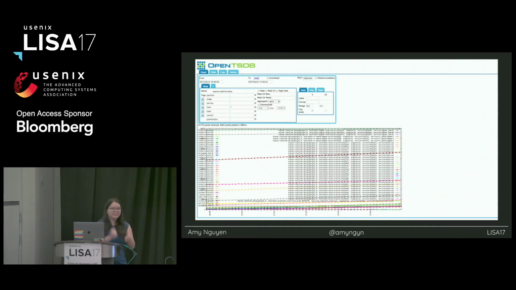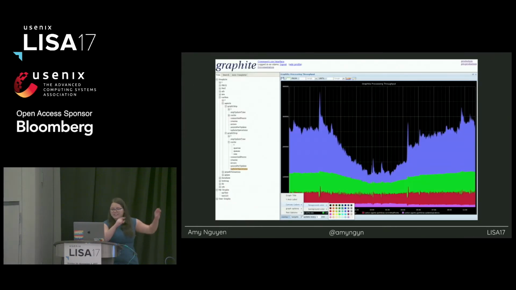And I want to say, I love Graphite and I love OpenTSDB. I feel like when I went from Graphite to OpenTSDB and I realized I could have tags, I was like, this is amazing. My data is so segmented, and I was happy. But then I started using this interface, and I was like, I don't know what all these buttons mean. I don't know what's going on here, but there's just so much information. So you can see that there's a divide between the powerfulness of a tool and the user experience there.